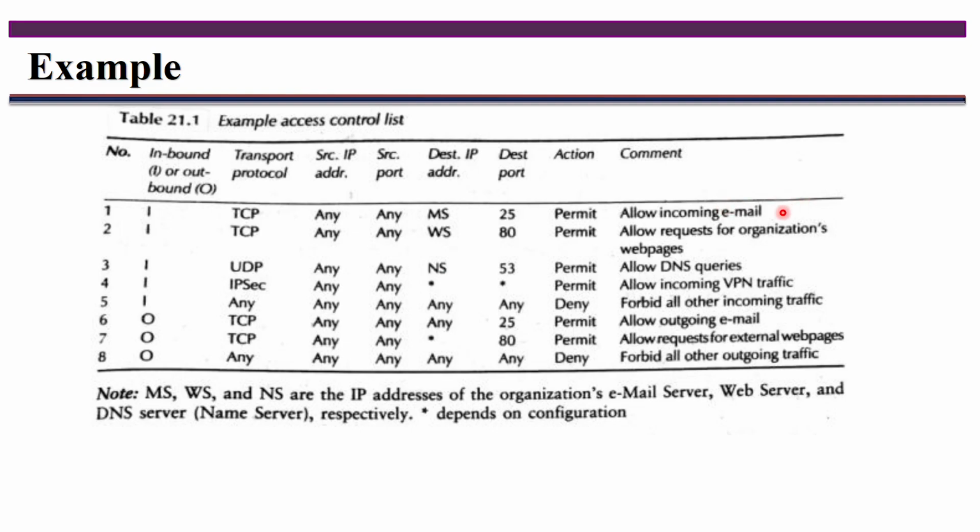So now, all incoming emails. All incoming emails means what? Within an organization, if you are transferring mails, that one you call the mail server, and you allow only such types of emails. If it contains the organization mail ID, those mails you can directly transfer from one machine to another machine. In the same way, if it is related to access for the web pages of any organization, then your destination address is the web server, and you allow only such things. That is what you call the action permit here. Any queries for DNS, yes, you can permit here.